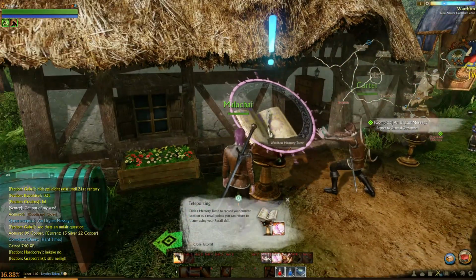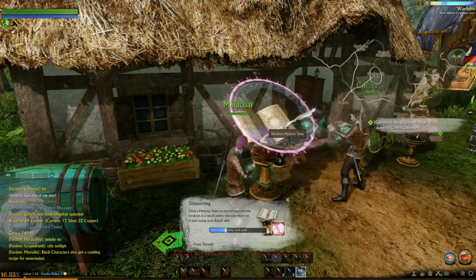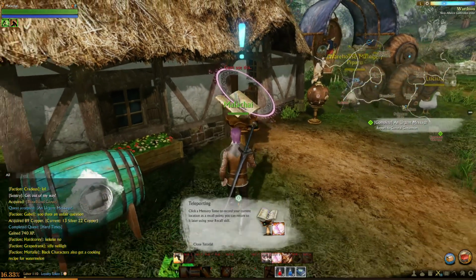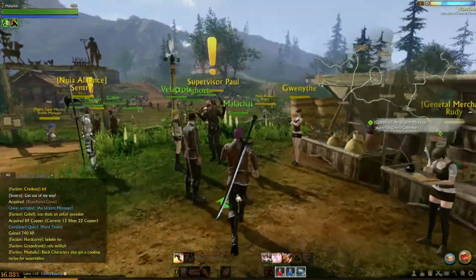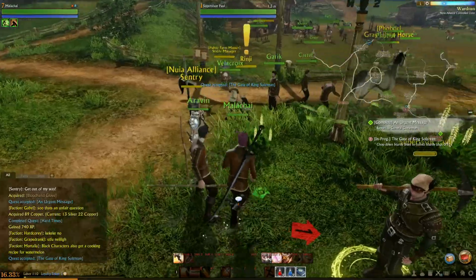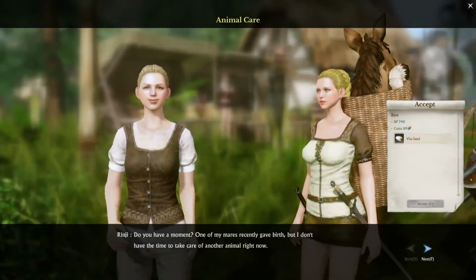Click Remember to memorize your current location. You can then use the Recall Location skill to teleport directly to the location you most recently memorized. Excellent. Try to make good use of that. Teleporting back to your home base is a great way to save money while you're